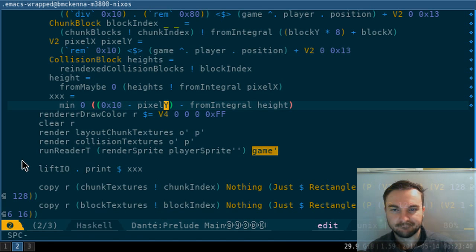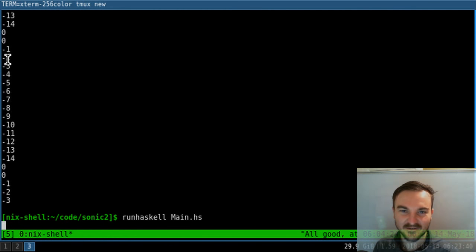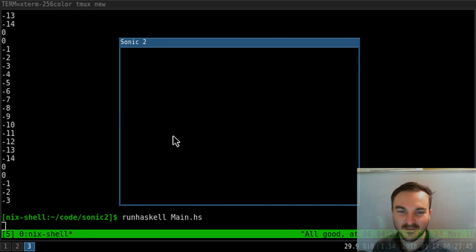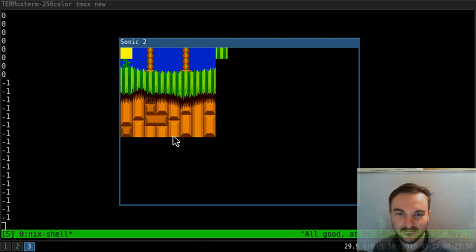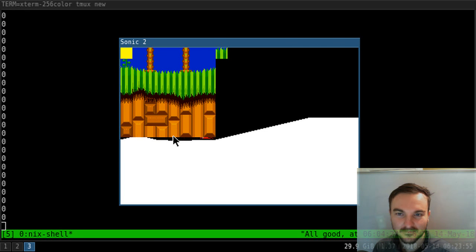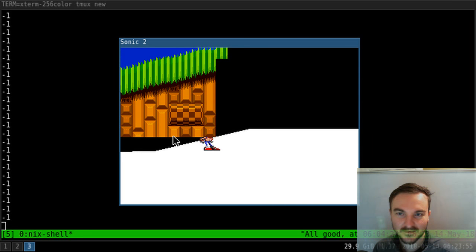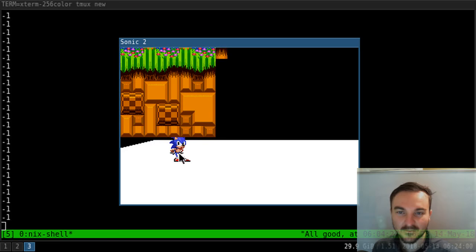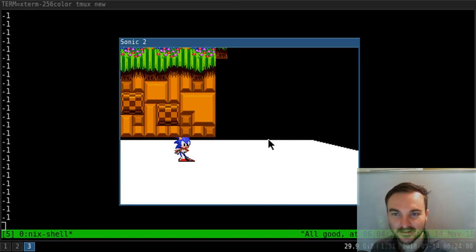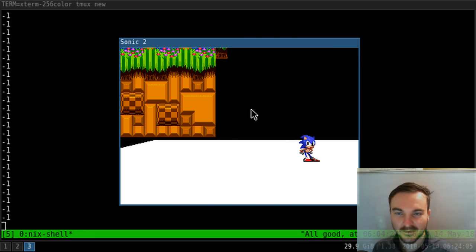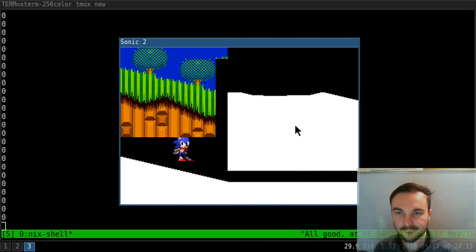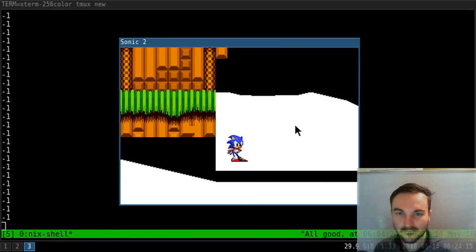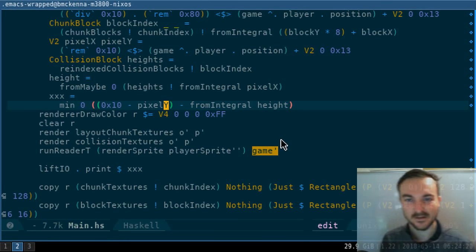I used pixel X. I just realized that was my problem. I saw it as it was going across, it was going up by 1, and that's because we're moving the pixel X, so I just realized that it's pixel Y that needs to change. There we go. So we see 0, now we see -1, so he should move up 1, that's cool. Probably, so if he moves up 1, then he'll start colliding with the block again. I don't know if we need to keep recursively checking each block as we move up. For the GUI, we are using STL. Cool. So you see this -1. Okay, so if we add that on,